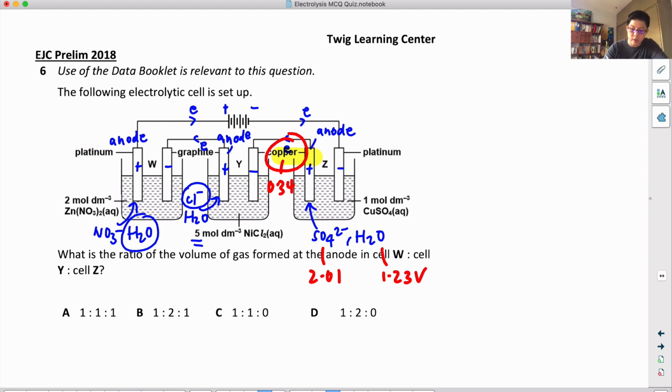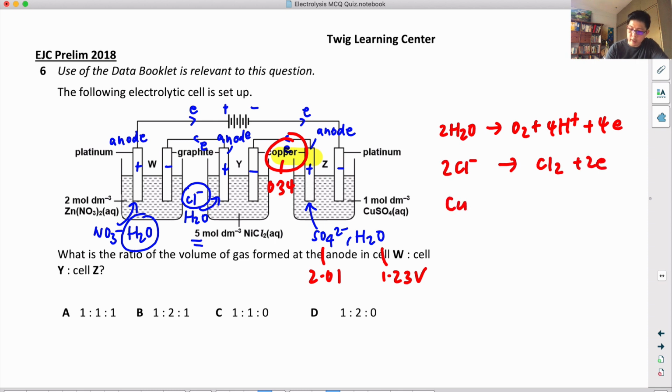So I'm going to write all the equations now. 2 water gets oxidized to give you oxygen. Cl minus will get oxidized to give you Cl2, and copper will be oxidized to give you copper 2 plus. So if you want all the electrons to be the same, this is 4e, and to make it 4e you times 2, and to make it 4e you must times 2,